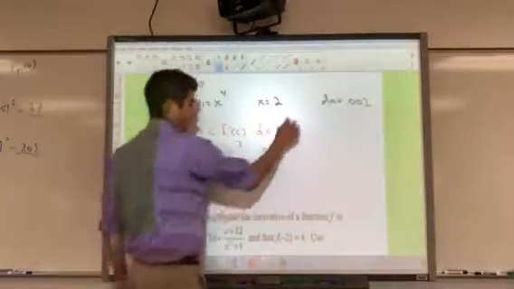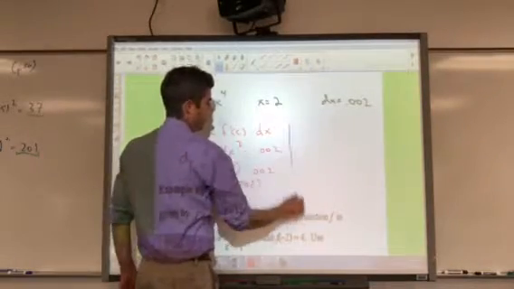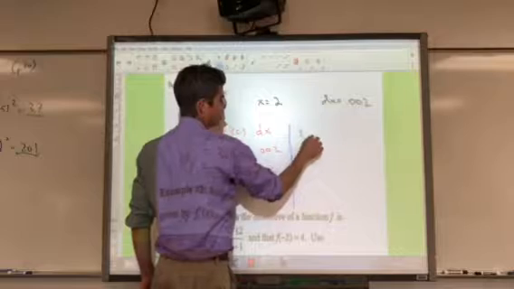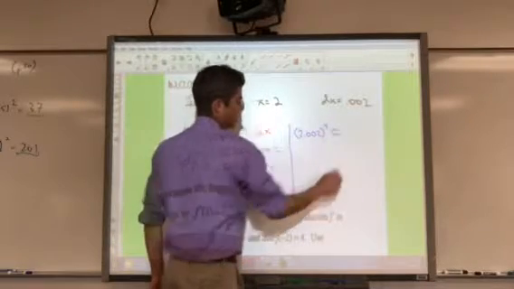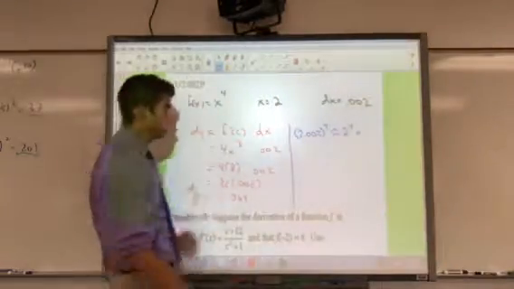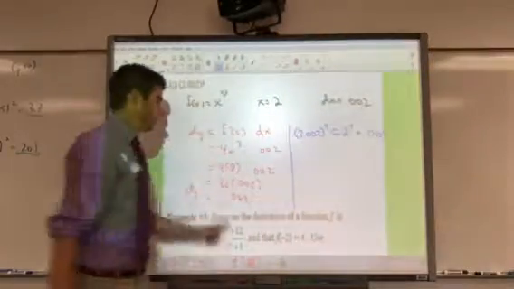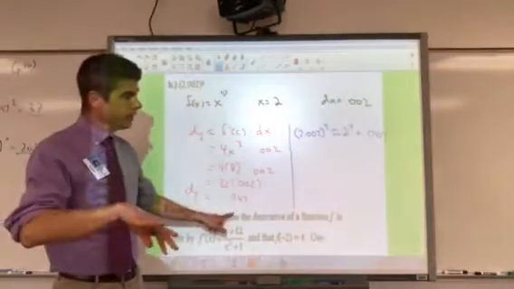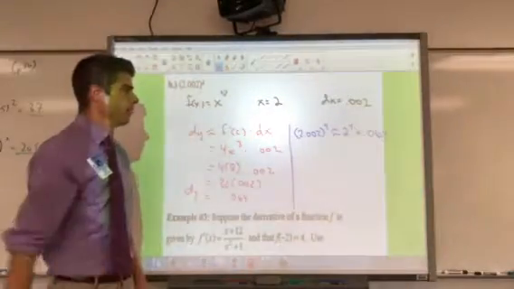So we could say, all right, we'll take a look and we'll say that 2.002 to the fourth power should approximately equal 2 to the fourth power plus your deviation of 0.064. And it doesn't matter if you deviated positively or negatively, you still are adding that quantity to your y value. So that's